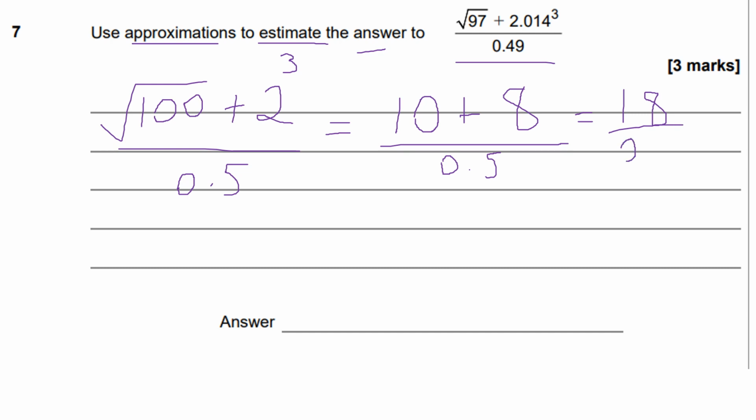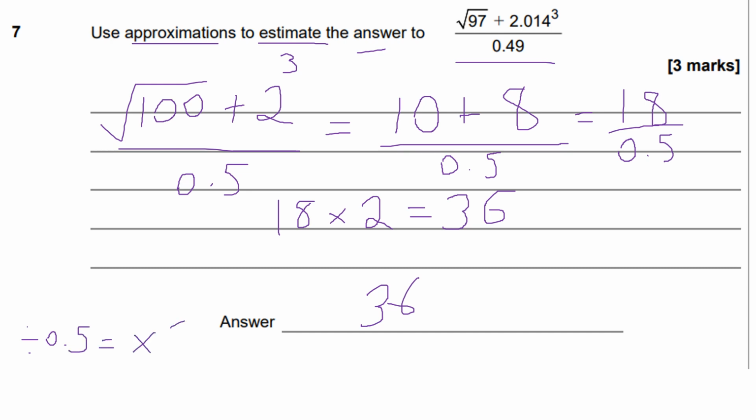Divided by 0.5 actually doubles our answer, because if you think about it, 0.5 goes into 1 twice. So essentially I'm doubling our answer here. So it's going to be 18 times 2. I'm doubling 18, which is equal to 36. Dividing by 0.5 is the same as times by 2. A little trick there. So dividing by 0.5 in maths is the same as multiplying by 2, or doubling your answer